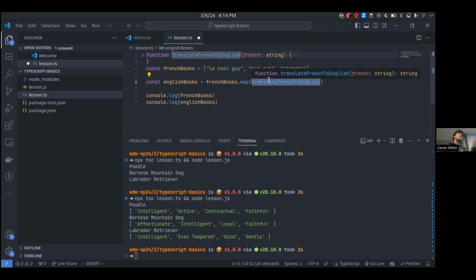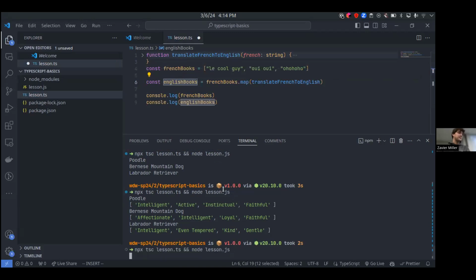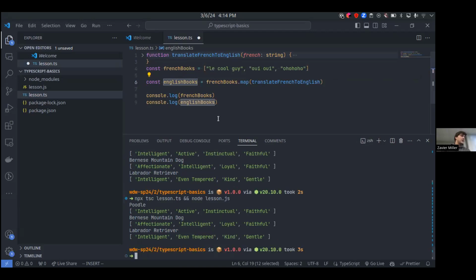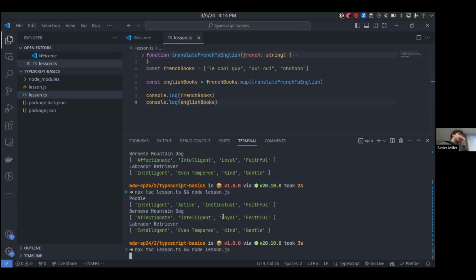I want you to make a new book and give me that new book, right? So as you can see here, instead of modifying the French books, we're actually getting a new array of English books. So if I go ahead and run that, you'll see, wait, what? Oh, I didn't save it. If I go ahead and run this,